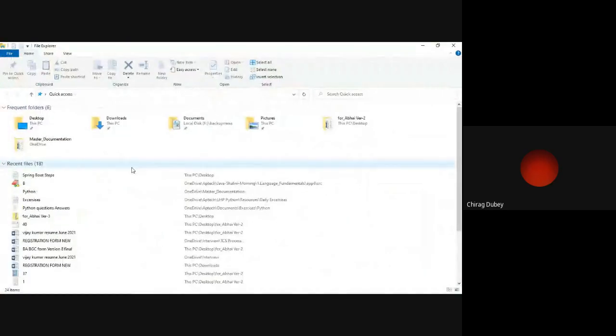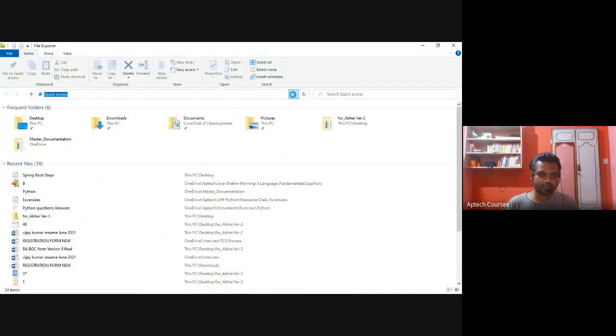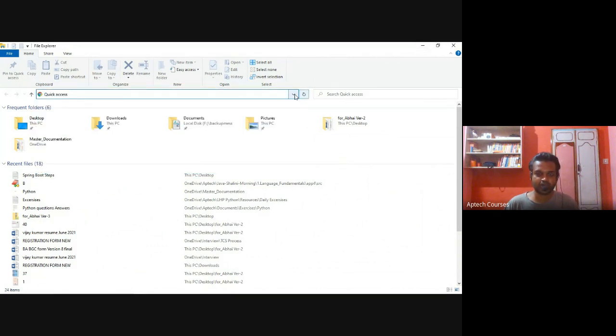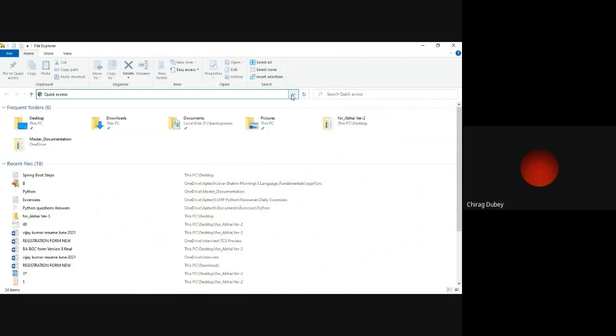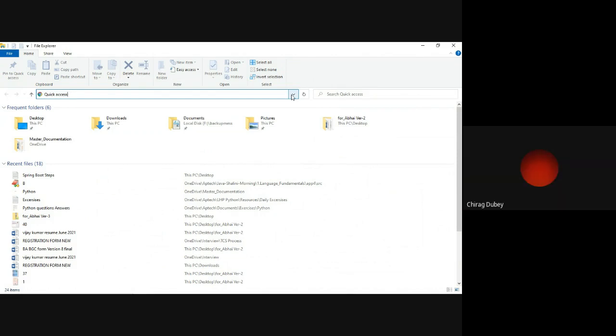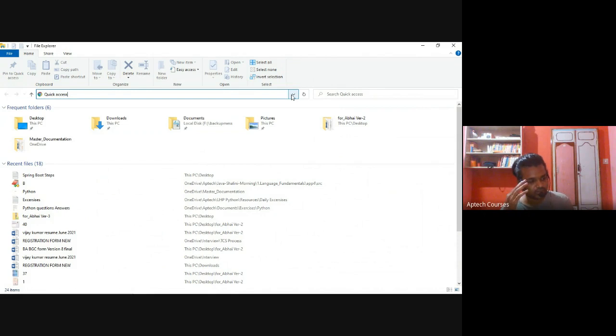How is the networking field, sir? Networking field is also good. Okay, good. First you need to get some experience, 2 years of experience or something like that. After that you need to do the certifications, Red Hat certifications.